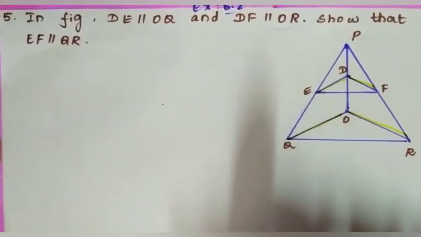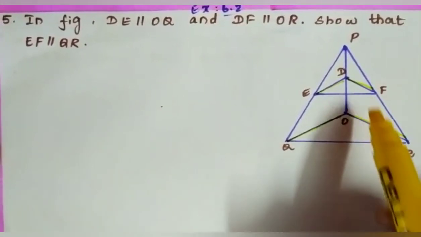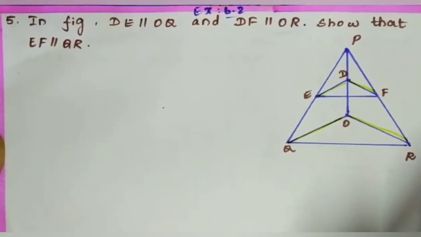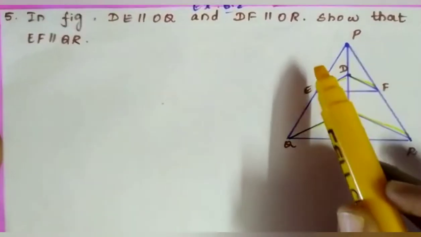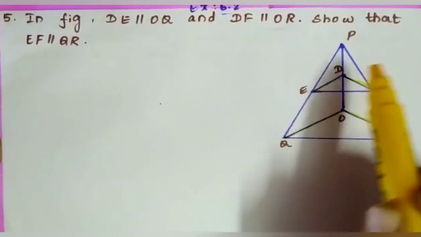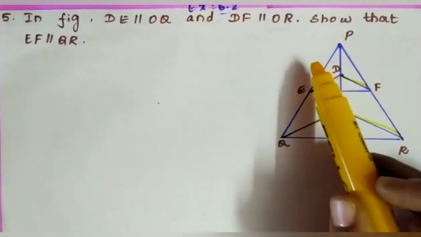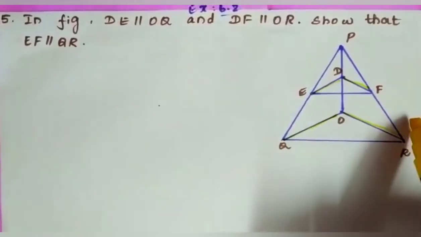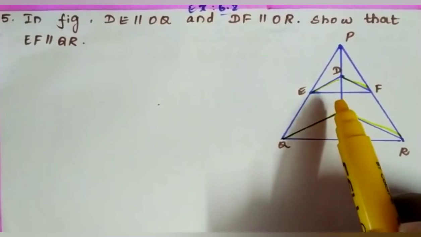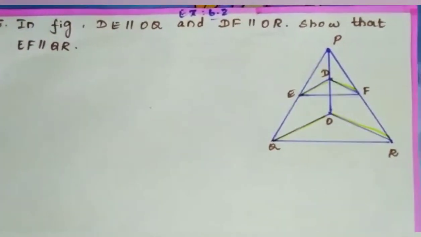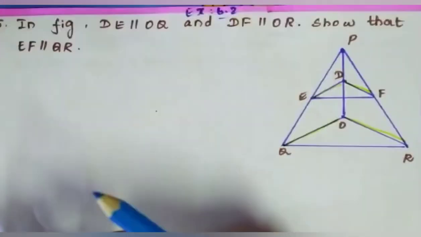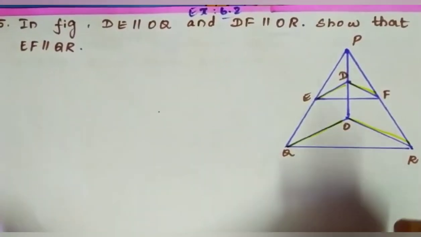How? When can we tell that two lines are parallel? If the sides are in the same proportion, we can tell that the two lines are parallel. How can we tell that the two sides are in the same proportion? You have to prove these two are equal. We have to take two triangles from the given. So first you have to identify which two triangles you have to take to prove the theorem.